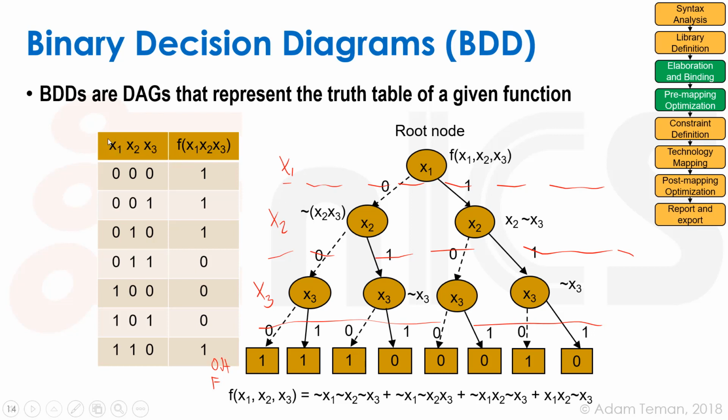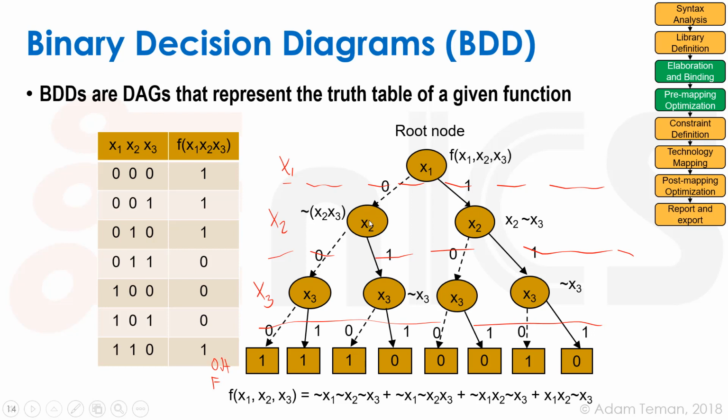So if we would write this function x2, x3, x1, or x3, x2, x1, or some other way, we would get a different BDD. Okay, so the ordering is important. So here we have x1, x2, x3, and what we do is we look at the root node, x1, and we say if x1 is 0, we go with this dotted line over here, and we write a 0 on it. If x1 is 1, we go on a solid line over here, and we get 2 nodes of